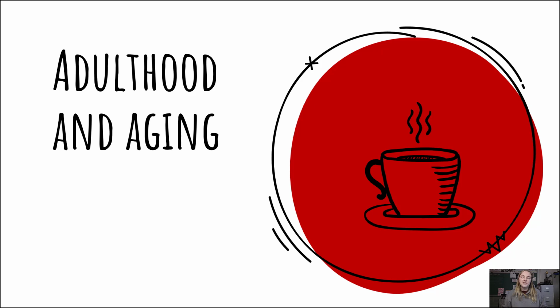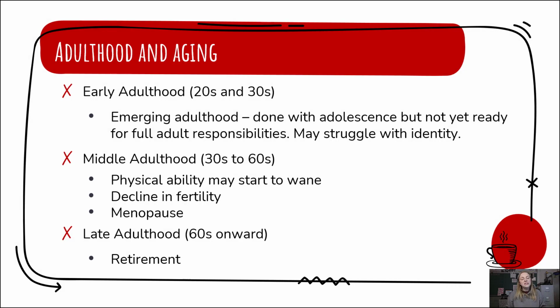The next stage of physical development we should talk about is adulthood and aging. There are three different stages of adulthood. The first is early adulthood, and this is usually in the 20s and 30s range. At the very beginning of this, we have emerging adulthood, which is right at the beginning of the 20s, sometimes the very late teens.